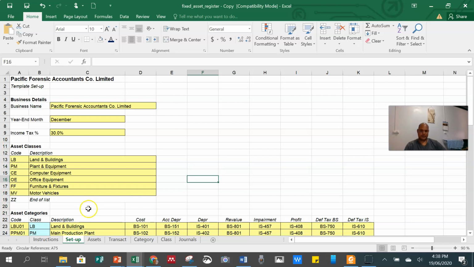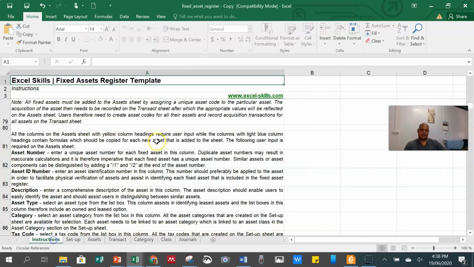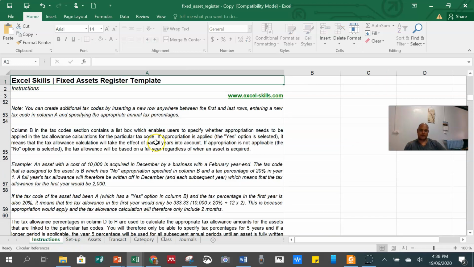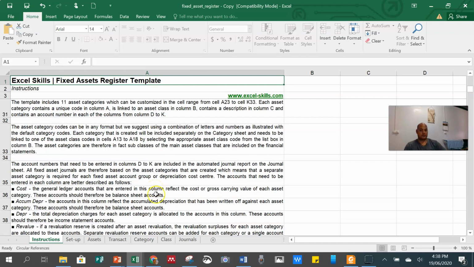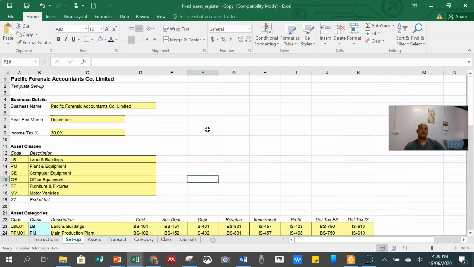So let's get back to this spreadsheet. Now, the setup page instruction here: when you access this spreadsheet, if you have issues or something that I did not explain, which of course I will not explain everything, I will just explain the core ones, as soon as you get this copy of the spreadsheet, you can always refer to the instructions if you run into a problem with it, or otherwise just send me an email. So the setup page is where you put in certain information about the organization. So for example, I put here forensic accountants.